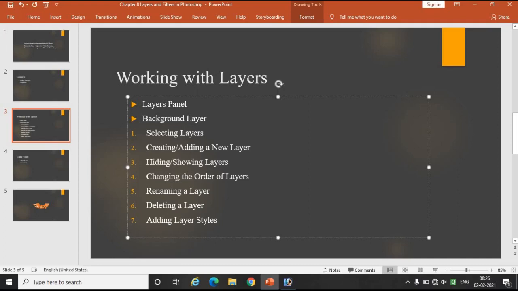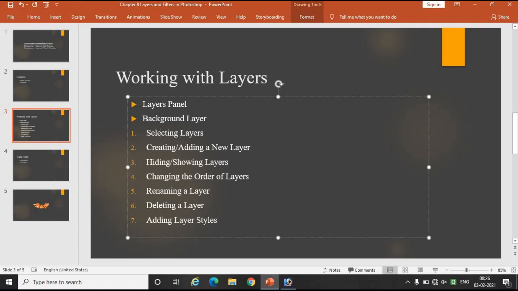Now you might be thinking, where have we learned these layers and filters? So you have learned layers in Flash. Last year we learned the Flash chapter theoretically, and in that we learned about layers. In that I taught you what is meant by layer, why layers are used, what layers contain. All these things I taught you last year. We are going to see it again in Photoshop. We saw it last year in Flash. This year we are going to see it in Photoshop, but we are going to see it practically.